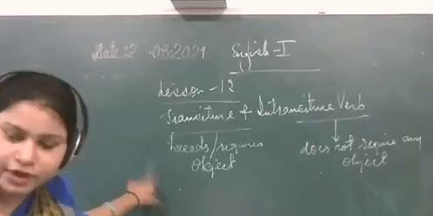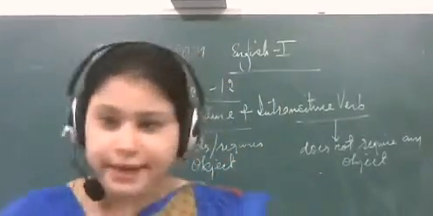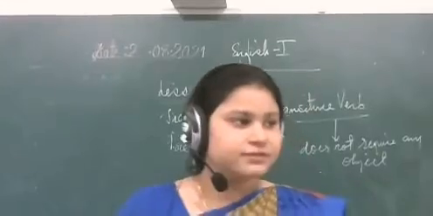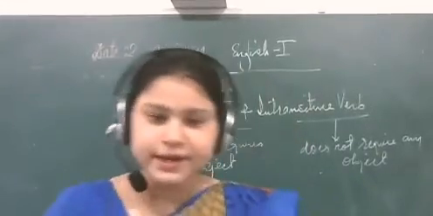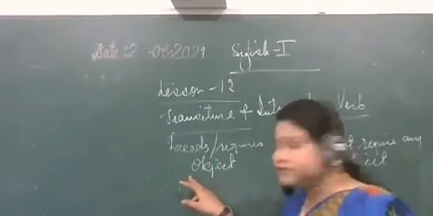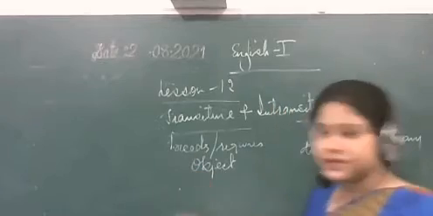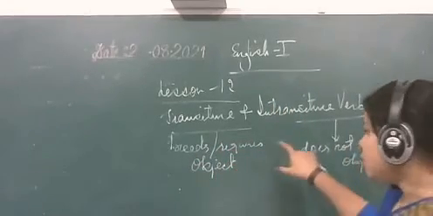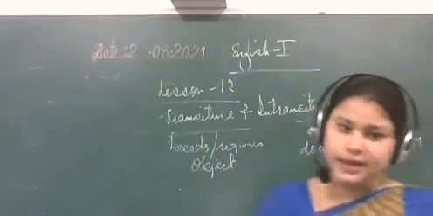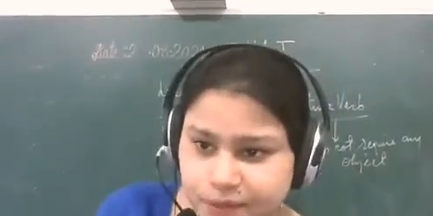Transitive verb is a type of verb in which we have an object. So those objects can be direct objects as well as indirect objects. In some of the sentences, we have both direct as well as indirect objects. So a verb that needs or requires an object to complete its meaning is known as a transitive verb. On the other hand, an intransitive verb does not require any object to complete its meaning.